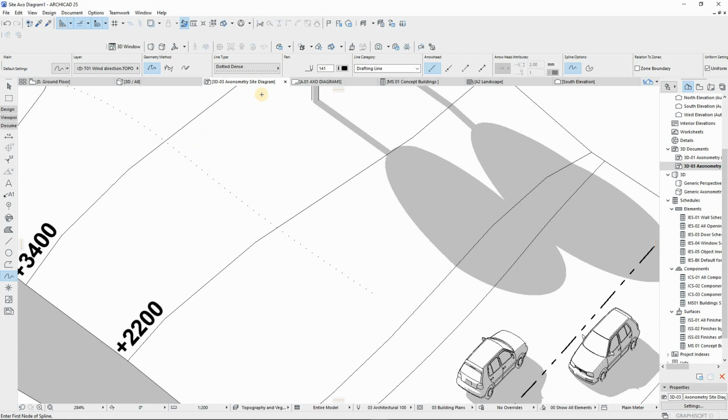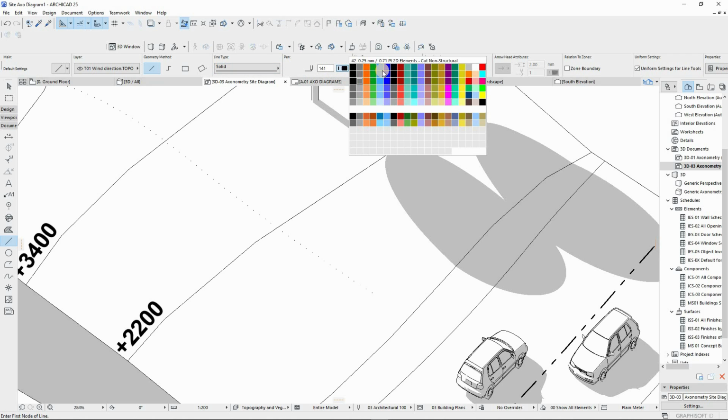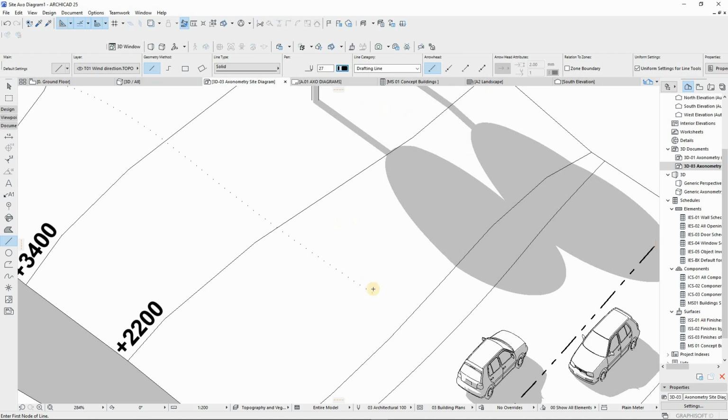Then I'm going to change the line to line 2, and then change it to solid. Make sure the pen is the heaviest, just like that, something like that. And then I'll mirror copy,